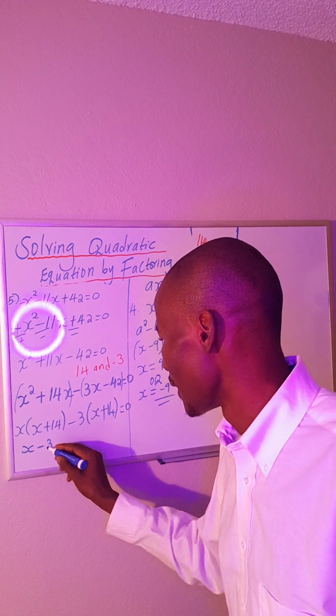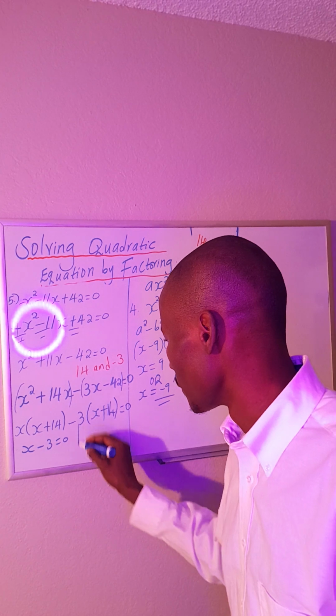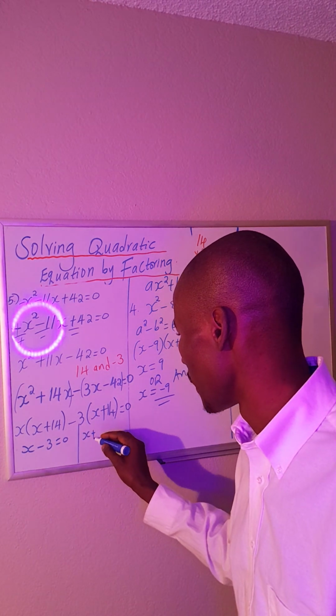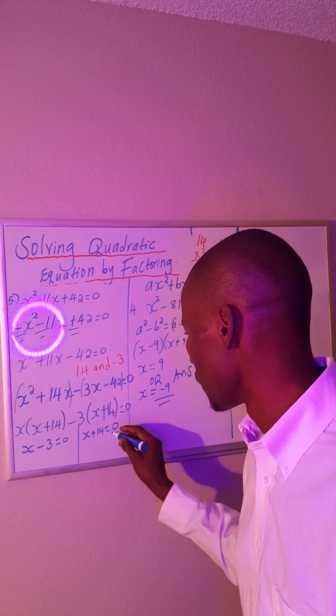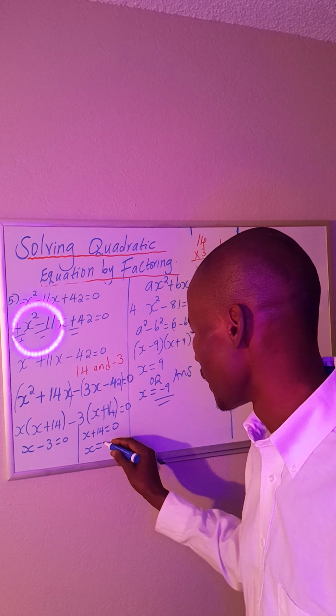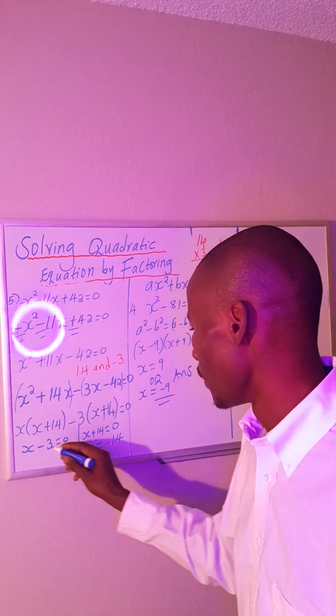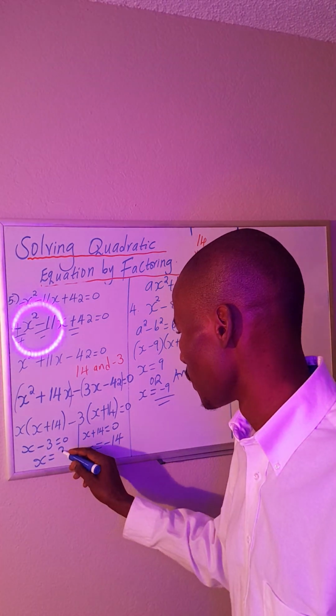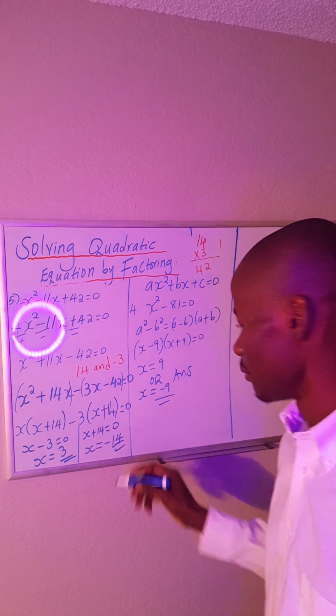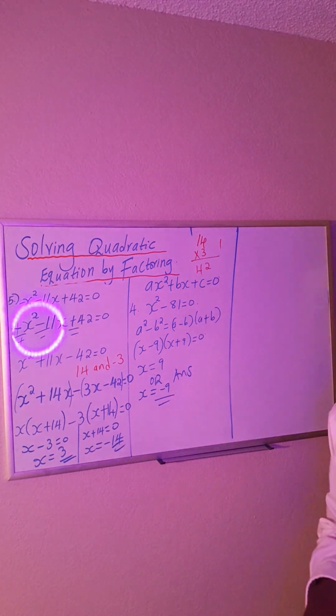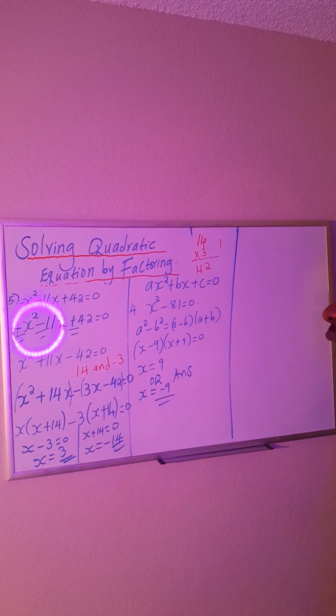Now what is happening? x minus 3 is equal to 0, or x plus 14 is equal to 0. So here, the value of x is negative 14, or the value of x is equal to positive 3. So this becomes my solution for